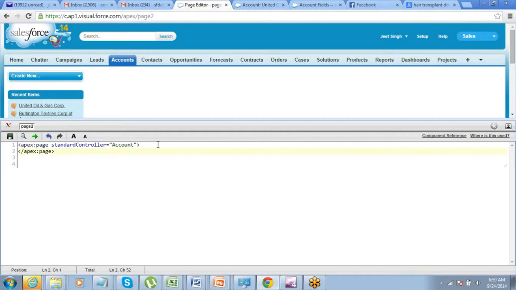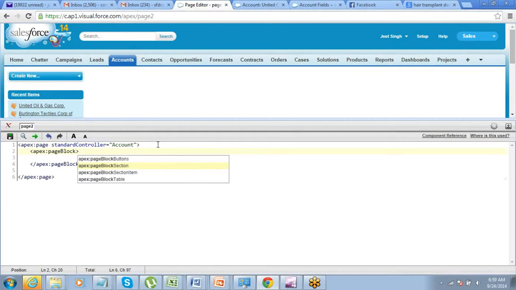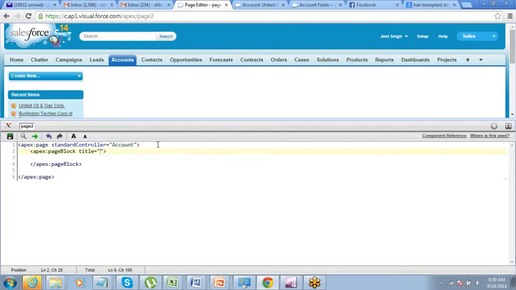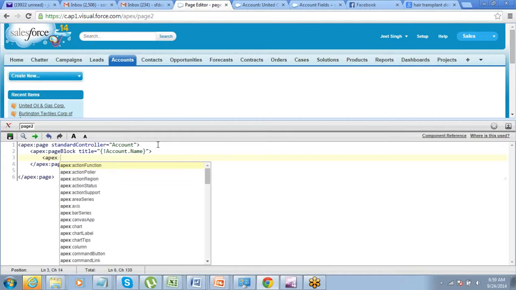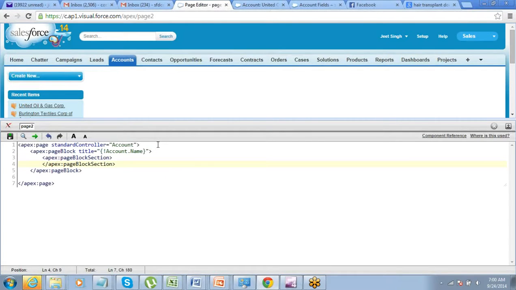Let me write it like this. The page I have created, then I go ahead and create page block. Page block section, and inside the section I just use a small component called apex detail.